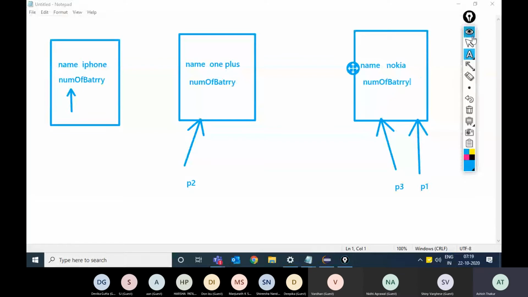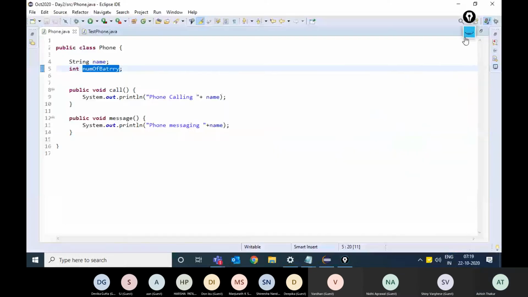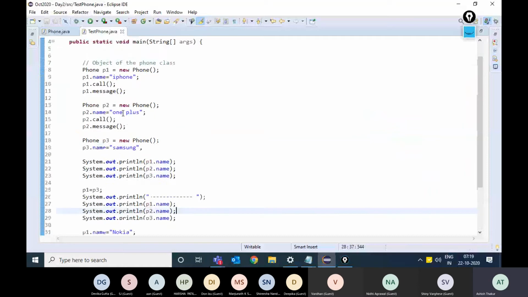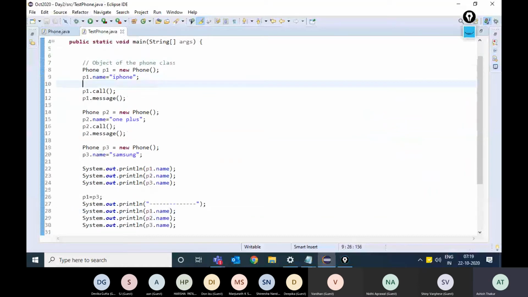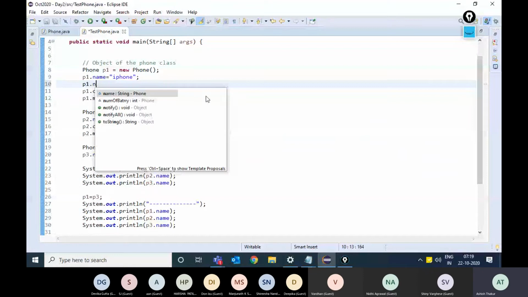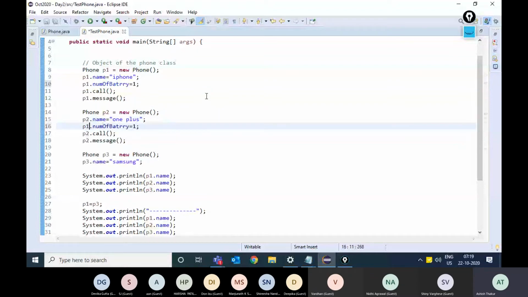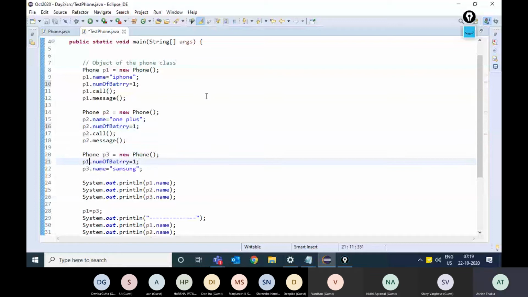Okay, and when we initialize the object, okay, we write over here p1 dot name is iPhone, p1 dot number of batteries are 1. Every phone we know that has got just one battery. P1, P2, P3.